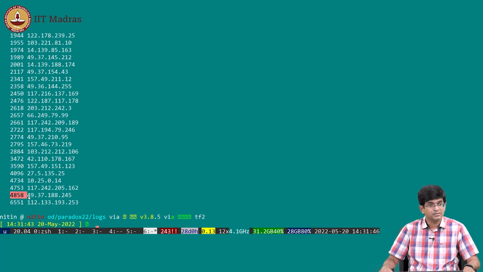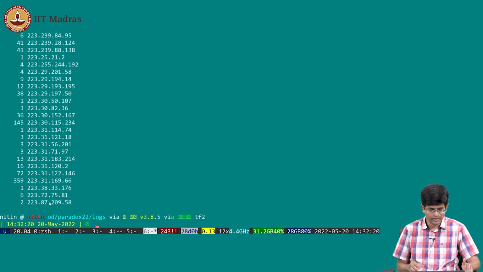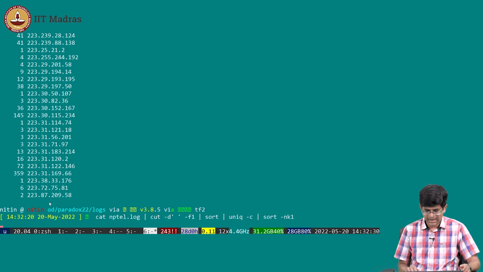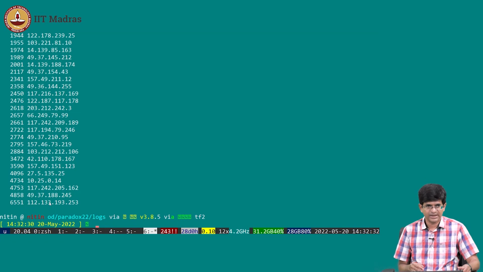Sorry? Yeah, good point. So, the sort is on the first column by default. If I wanted to do another column, I could have given something like -nk2. In this case, that will probably be an error because the second column is actually not a number. I am telling it to treat it as a number and sort it. It will still do something, but it will do something weird out there, right. But yeah, ideally I should have given -nk1, that is to say the first key, right, and that should give you this same answer. But yeah, by default it sorts on the first column.